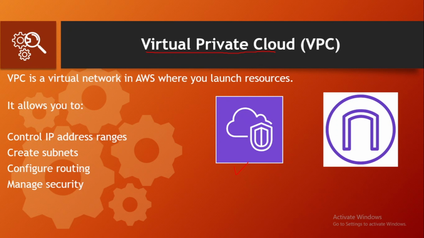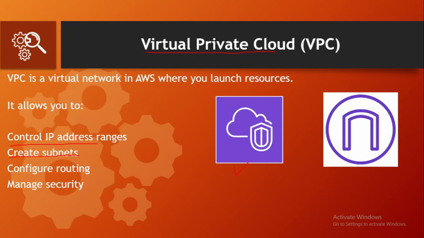Inside a VPC, you can control IP address ranges. This means you decide which network range your cloud resources will use. And let me tell you something, you can only create a VPC with private IP classes. We will discuss this further while doing the practical. Second, we can create subnets inside a VPC. Subnets are like smaller sections inside your network where you can organize your resources. In this video, we will only discuss the theoretical part, and in the next video, I will explain everything hands-on.